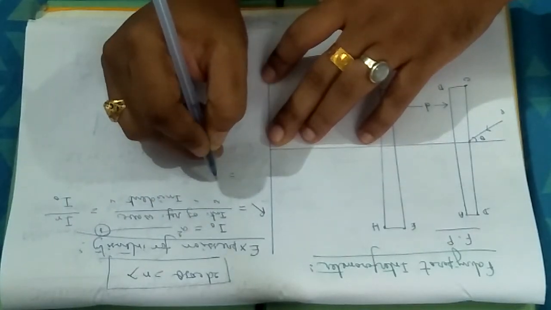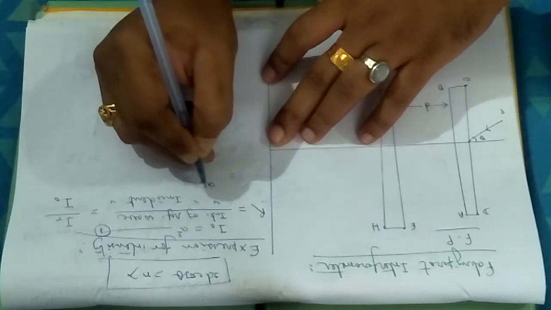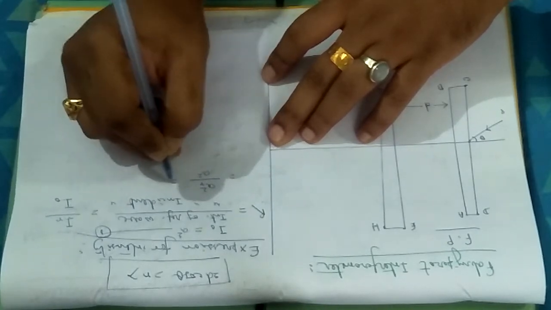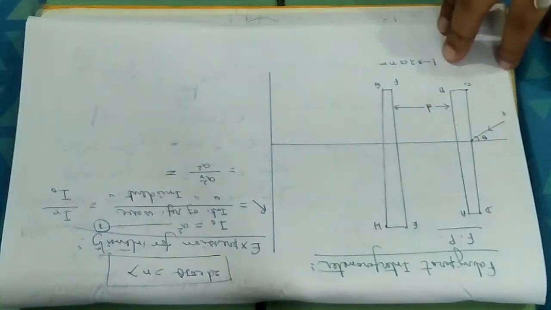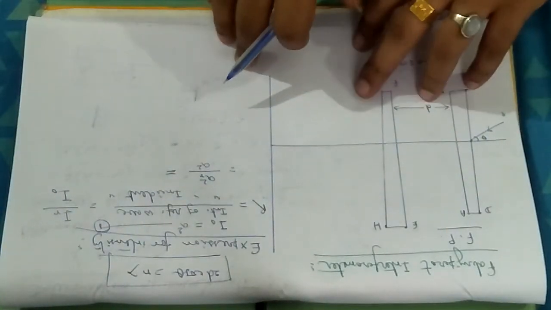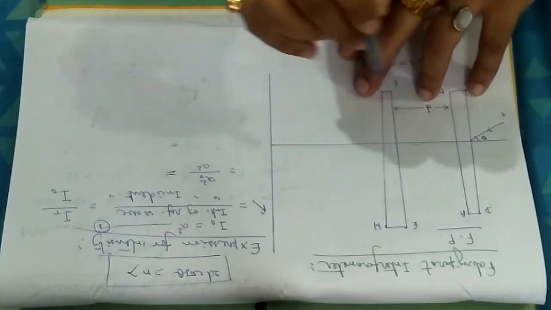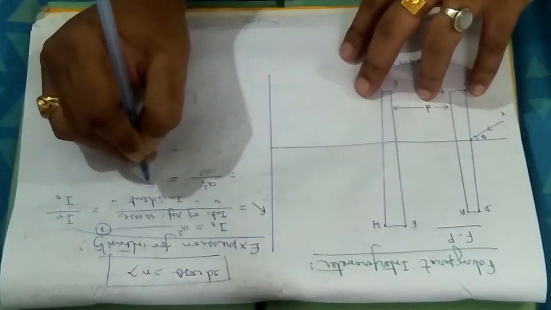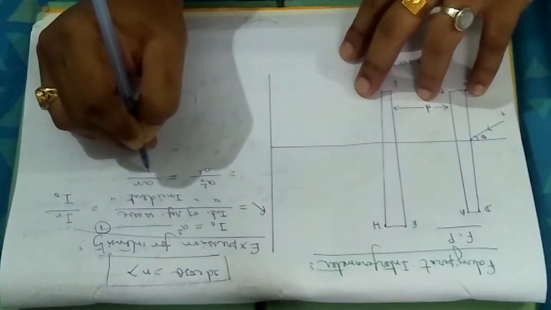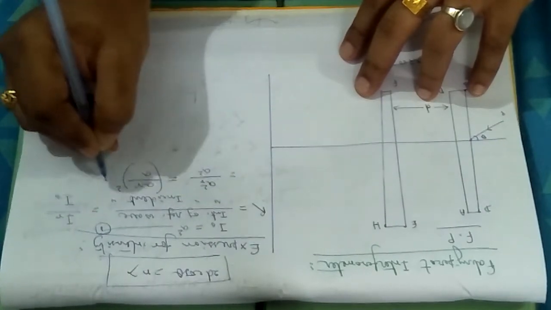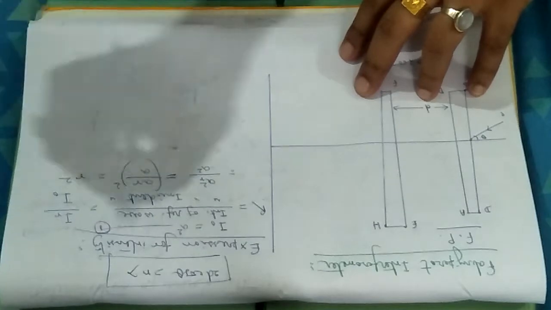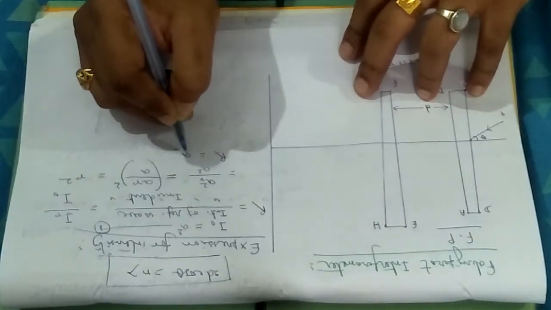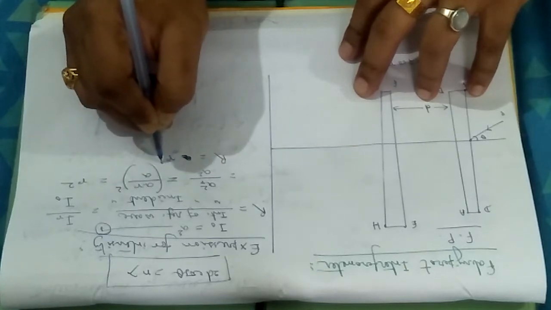And what will be the value of IR? That will be equal to A suffix R squared divided by A squared. If the glass plates have reflection coefficient small r, so that a small r part of the incident ray is reflected, then you can write (A times r divided by A) whole squared, that is r squared. A cancels out, so capital R equals small r squared.